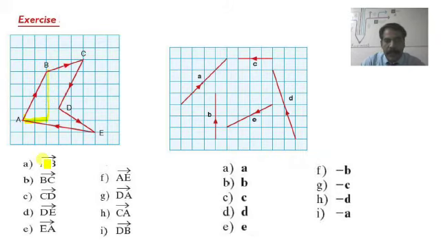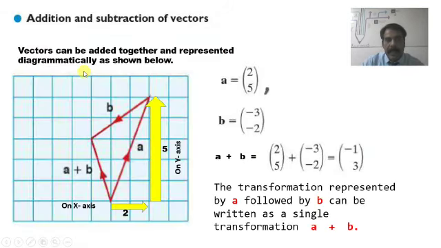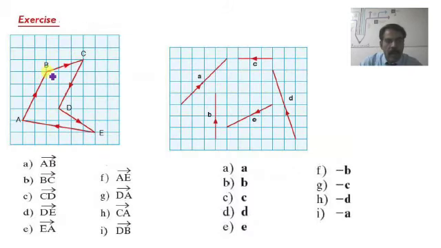So what is the column vector for AB? So column vector AB is (2, 4). Now let us try to find out vector BC. So for vector BC, we have to move on the x-axis first. So we will move 1, 2, 3 steps right, so it is a positive value, and then 1 step in the upward direction. So we can say that vector BC is 3 steps right and 1 step up. So that is the value for vector BC.